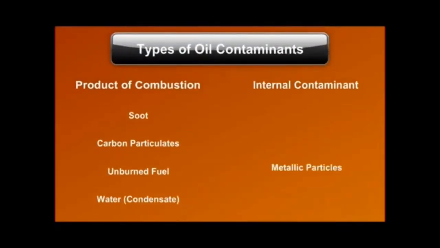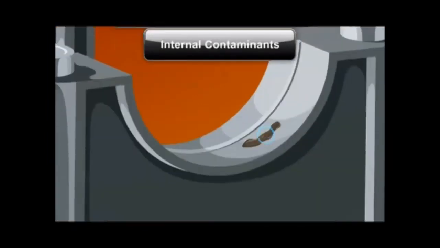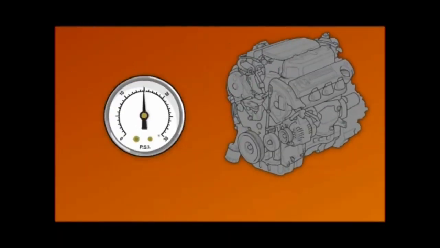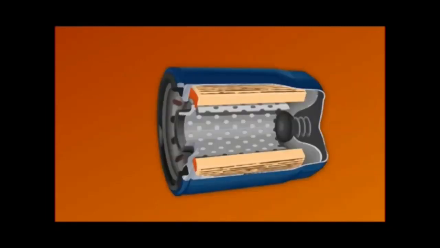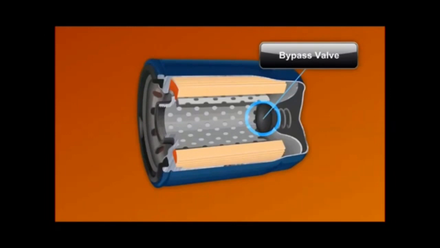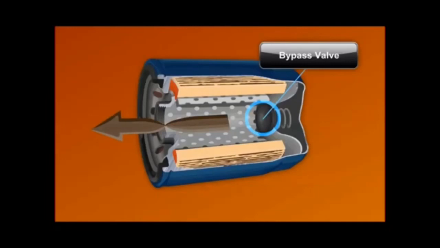Internal contaminants consist of metallic particles, spent oil, sulfuric acid, and nitric acid. These contaminants increase wear of moving parts, leading to more engine friction, reduced oil pressure, and component failure. Some contaminants can plug the media inside the oil filter. When this occurs, the oil filter allows less oil to flow to the engine and reduces oil pressure. To prevent a blocked filter from starving the engine of oil, the oil filter includes a bypass valve. If the filter media blocks too much oil, the bypass valve opens, allowing unfiltered oil to pass to the block,